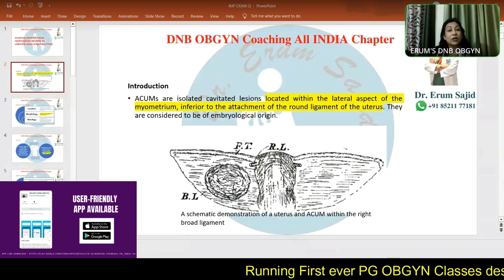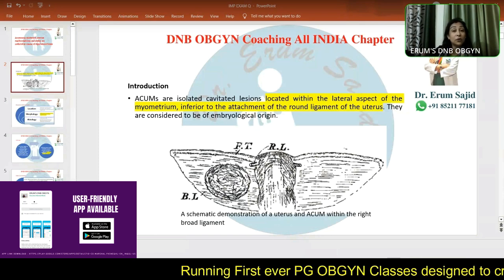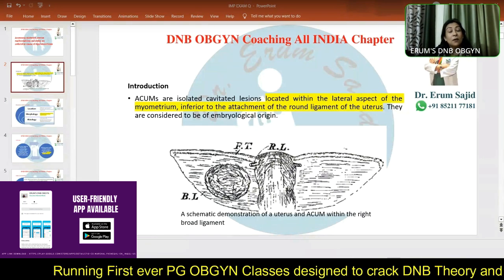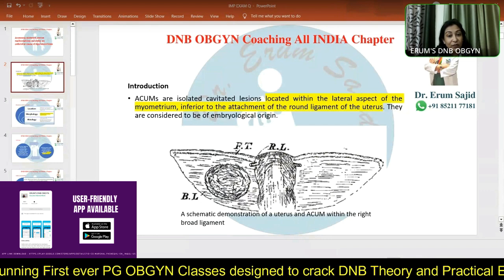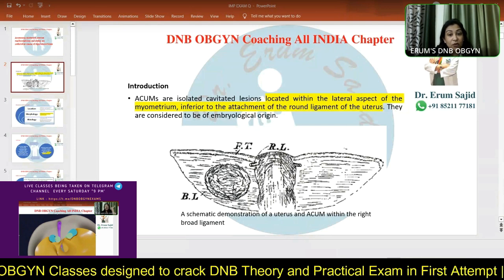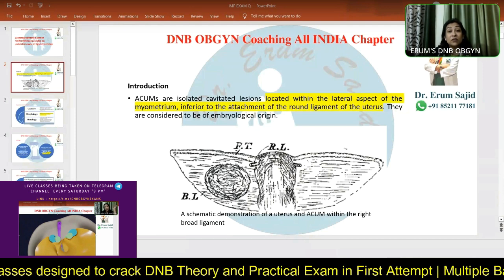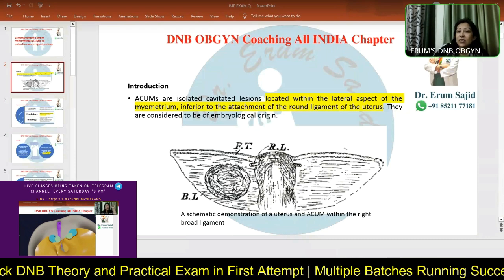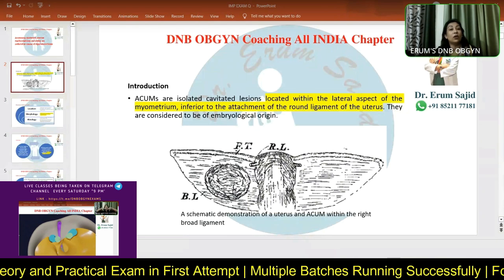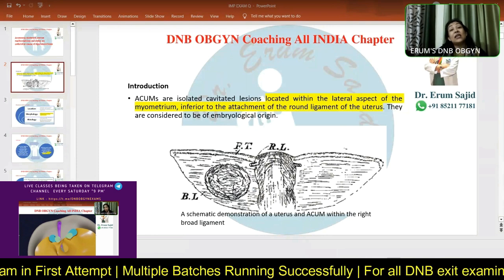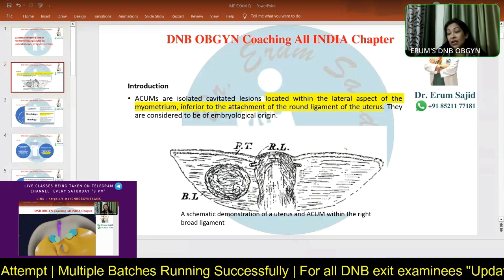an examiner or a gynecologist, for the treating doctor, is whether it is a horn which is communicating with the uterus, attached to the uterus, a kind of unicornuate uterus or a bicornuate uterus with a rudimentary horn. What exactly is it? Is it a rudimentary horn, or is it actually having some connection or no connection at all? That is very important for me, because just in case it has any connection with the uterus,